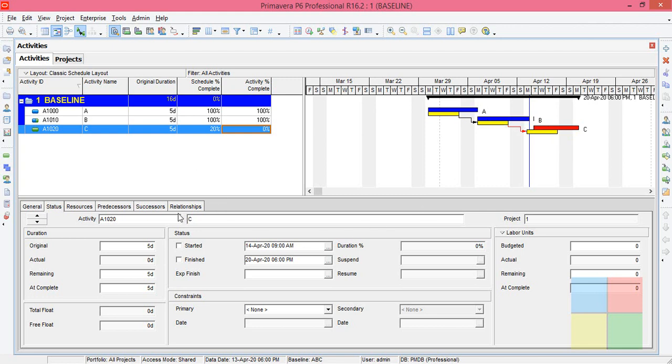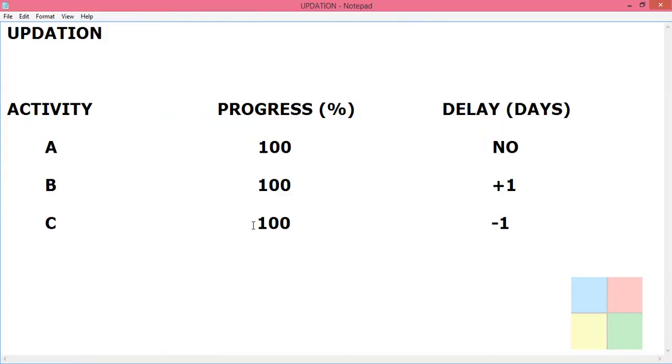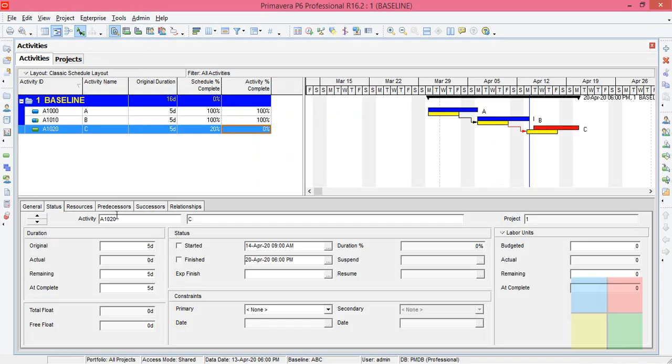So the C activity, let's come to the C activity. C activity will be finishing 100% with a minus 1 day delay. Minus 1 means 1 day earlier. So let's see how it works. Come to the software, come to C activity and go to status, click on started. Before that, let us just see. See, C activity